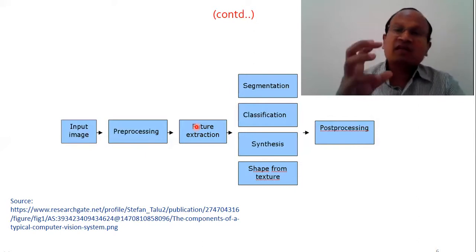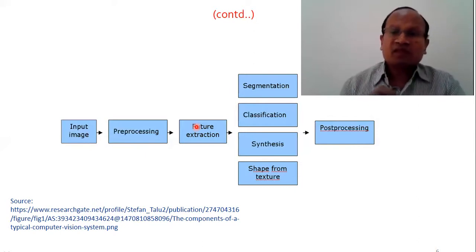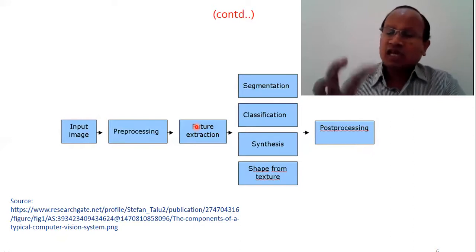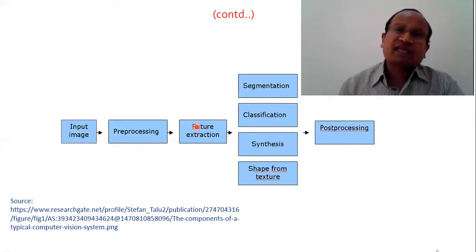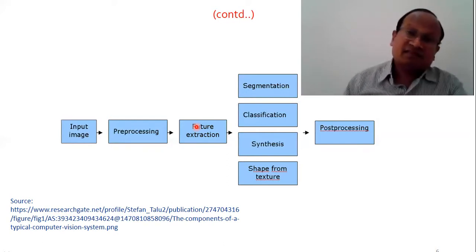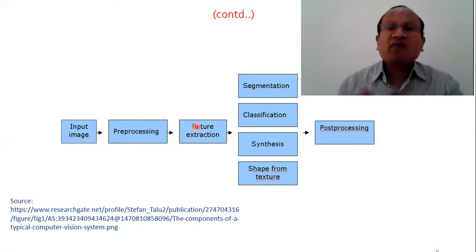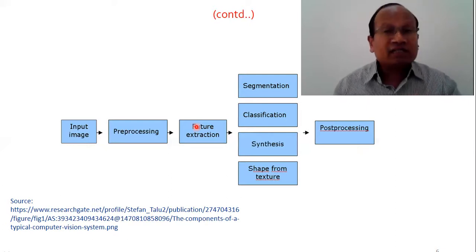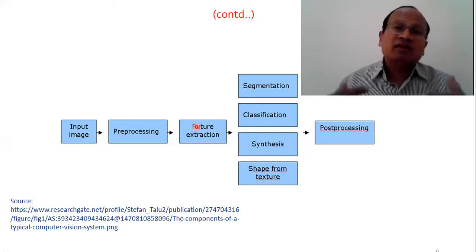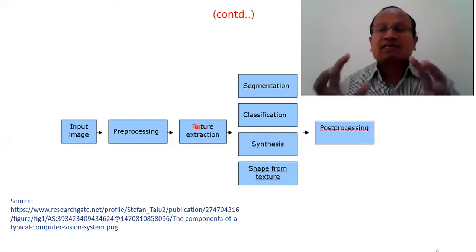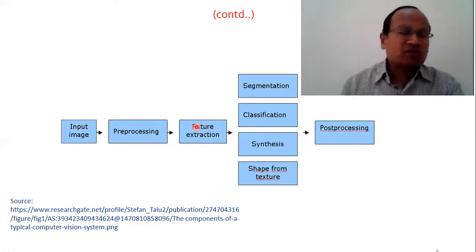In post-processing, the features which have been extracted are classified, and the classification results give a certain conclusion, a certain outcome. For example, in a driverless car, it captures the data, feature extraction takes place, features are classified, then it takes a decision about where the road is, in which direction the road is turning, where the objects are, how far the objects are, how far the obstructions are, how far the other vehicles are, how far the pedestrians and two-wheeler vehicles are. All these decisions will be made as post-processing.